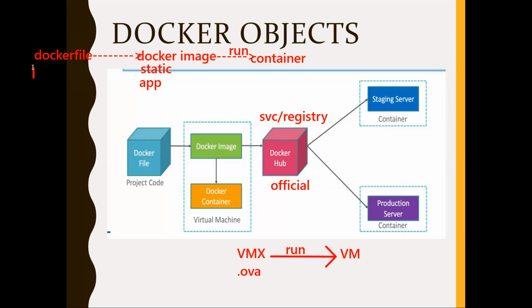What is a Dockerfile then? A Dockerfile is a simple text file which will have some Docker instructions. Developers will create this Dockerfile to pack their application along with the dependencies and build it. What is meant by building and how to do that, we will learn. So developers write the Dockerfile with Docker instructions, build it, create a Docker image, and share this image with other teams. They will run this Docker image and create the container, which means the application is running inside the container. So this is the process and this is the flow.